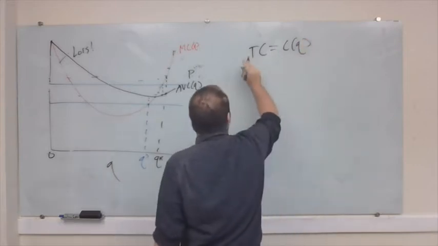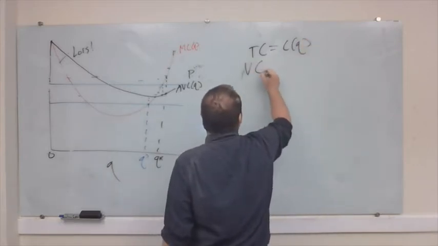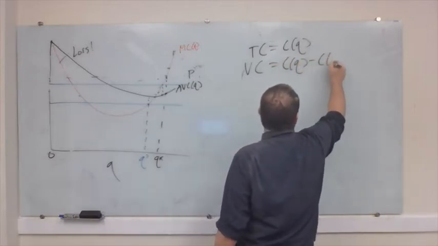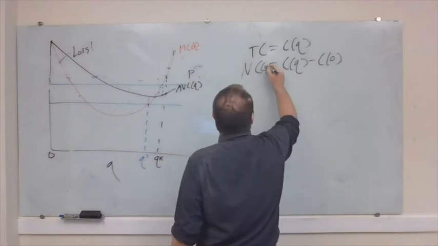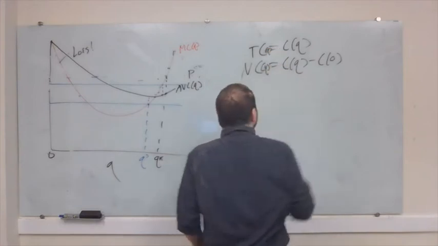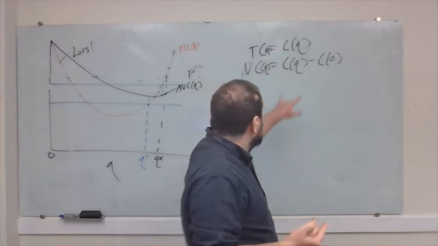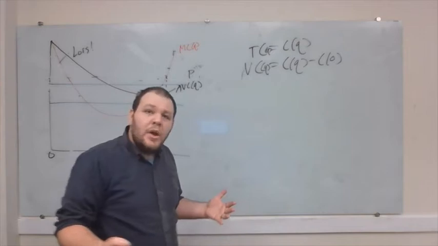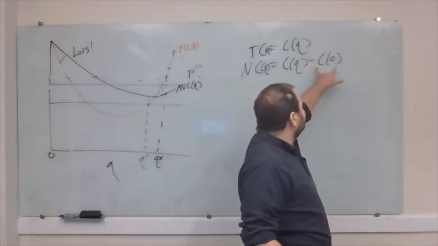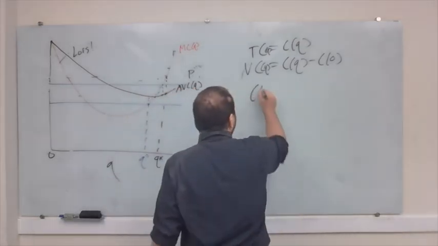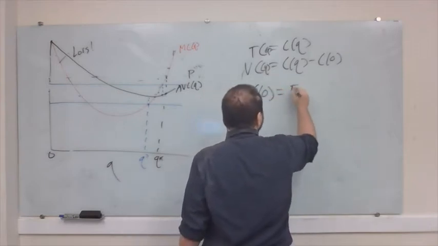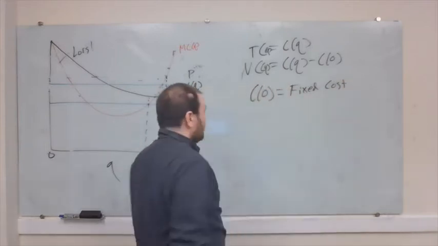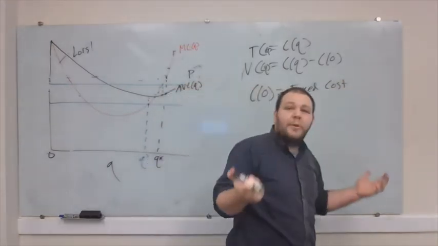Our variable costs are going to equal C of Q minus C of 0. Right? So it might be worth it to us to produce because C of Q minus C of 0 is less than our revenue, but we might still make a loss if we have a large C0. So we'll call C0 here our fixed cost, right? Fixed because it doesn't depend on how much we produce. We pay it whether we produce nothing or whether we produce a lot. And we'll